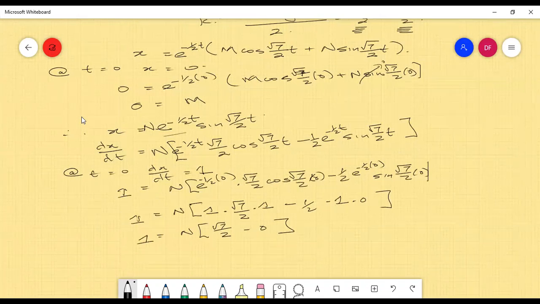All right, so carry across is 2, carry across is 7. So we're going to get n is equal to 2 over 7. So therefore, our x is going to be equal to